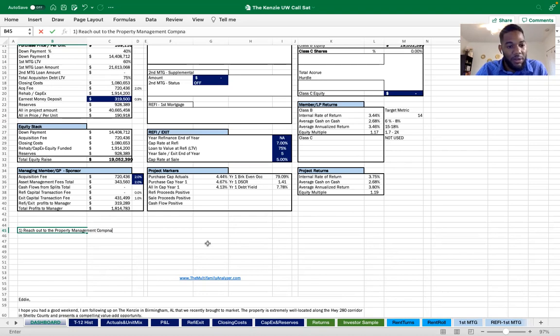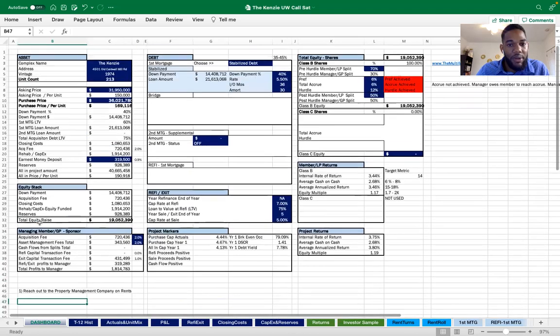Hey, Ed. What was the entry cap rate? The entry cap rate on this is 4.44. Okay. Yeah, so I just rounded it up to 5. And then we'll just assume how the SDA does it, so 10 basis points a year. So that may be one thing to reach out to the property management company on: rents.